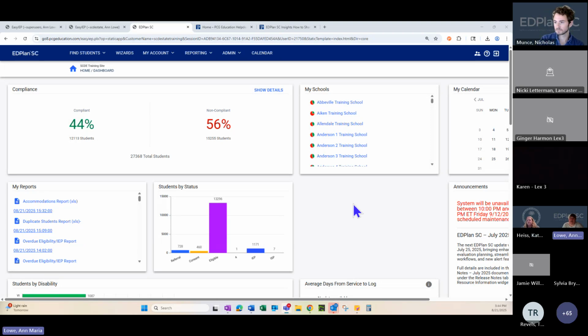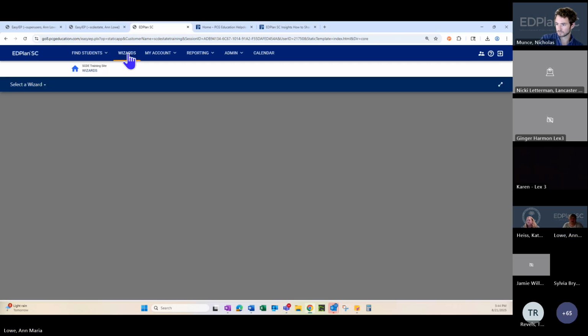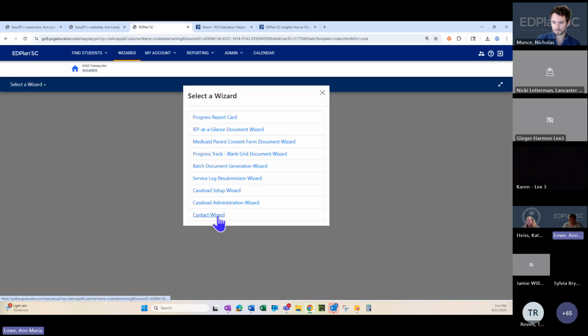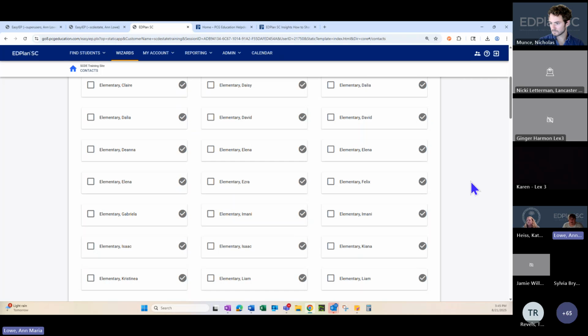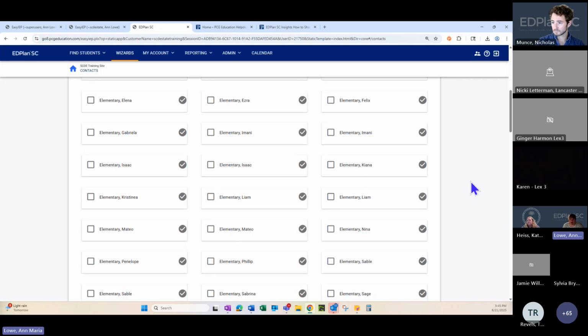All right. So the question of the day is wizards and this contact wizard. What is this function and what would you use it for? If you go into the contact wizard, it will give me the list of students that I'm on a team for or that I can access.